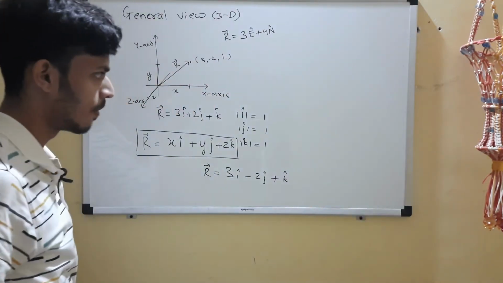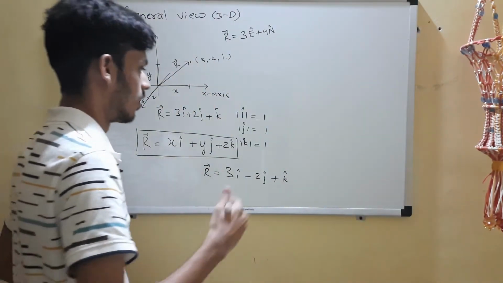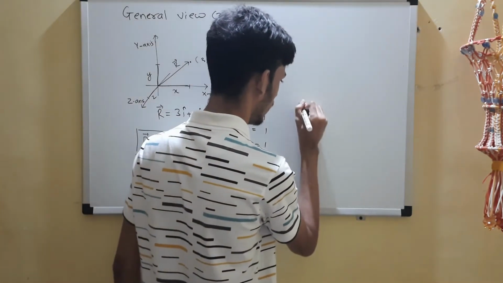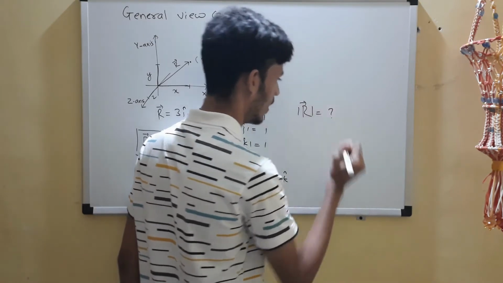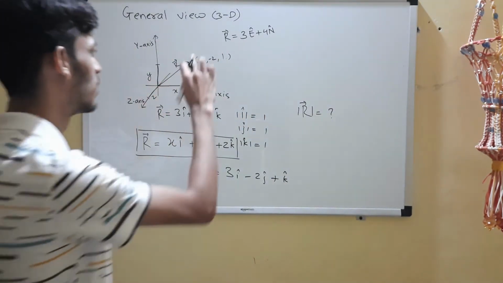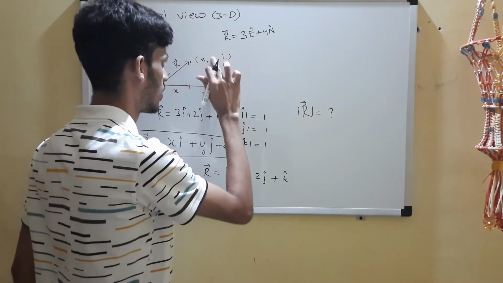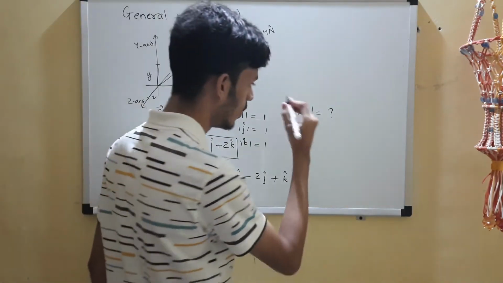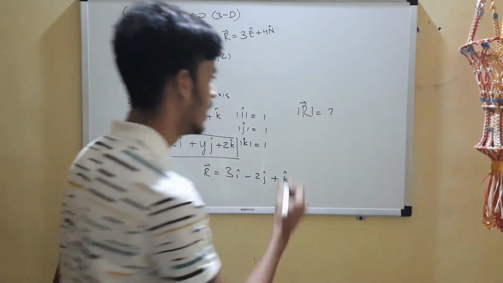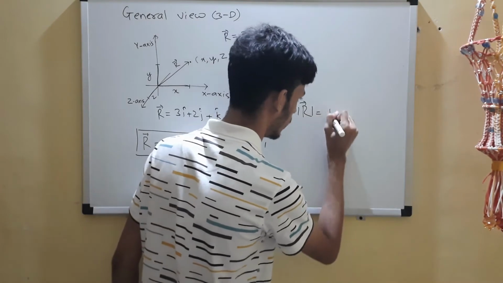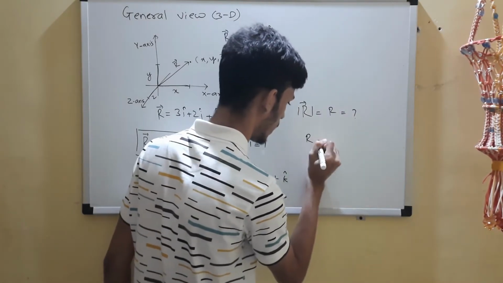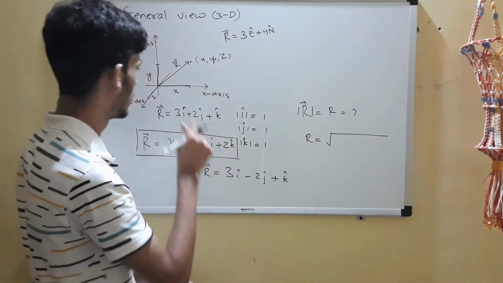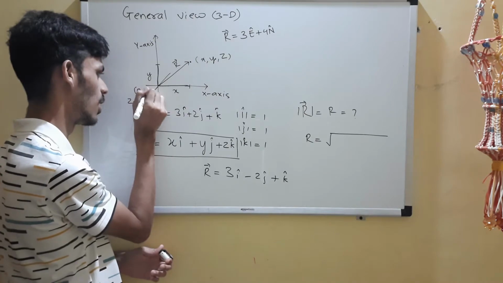Now coming to magnitude. Suppose a vector is given in this format. Now tell me its magnitude. How will you do that? Simply apply the distance formula, right? Let's take the general case x, y, and z. Let's name the magnitude r for simplicity. r will be under root of x2 minus x1, so x, and this point is the origin, 0 comma 0 comma 0.